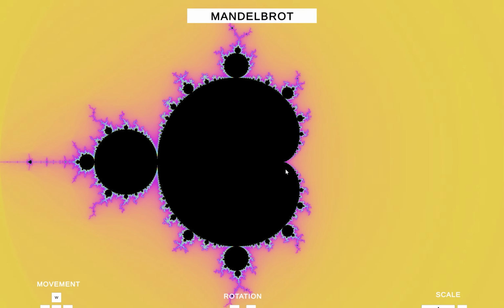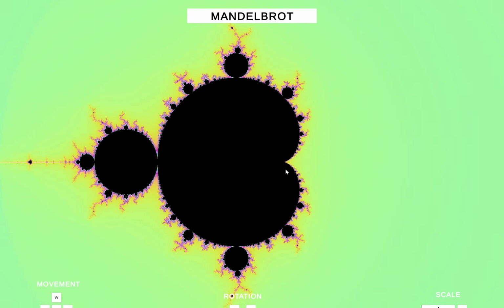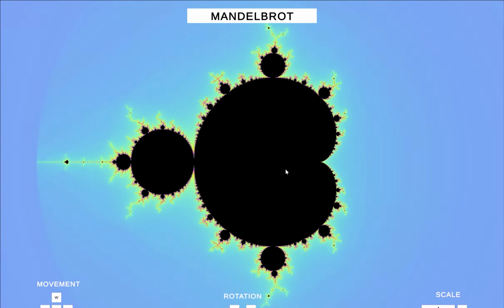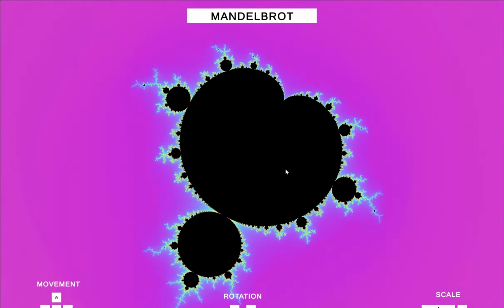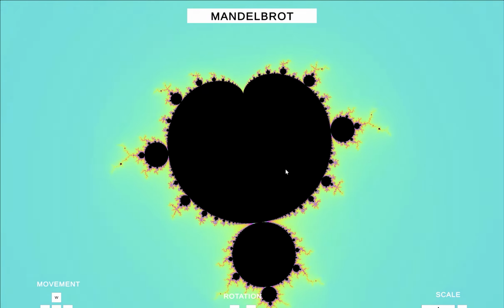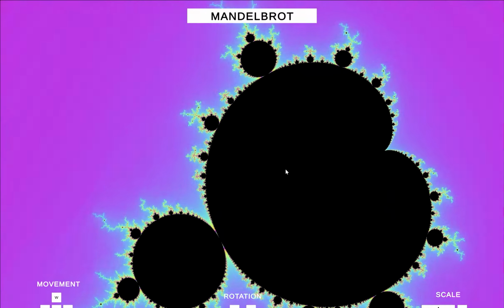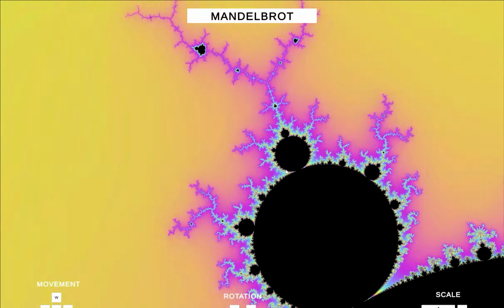Hello. So in this project I am visualizing the Mandelbrot set, which is a well-known fractal generated from a simple mathematical equation. What makes it interesting is that even though the formula is very basic, it produces extremely complex and detailed patterns. Each point on the screen represents a calculation, and depending on how that value behaves, it forms the